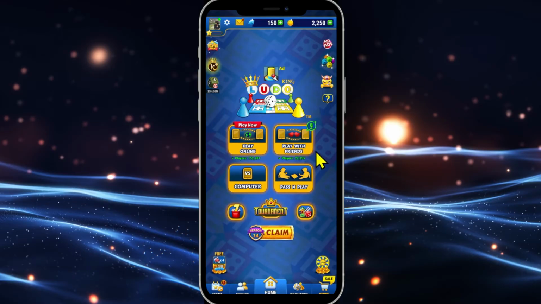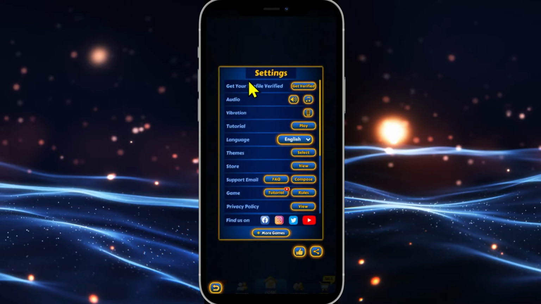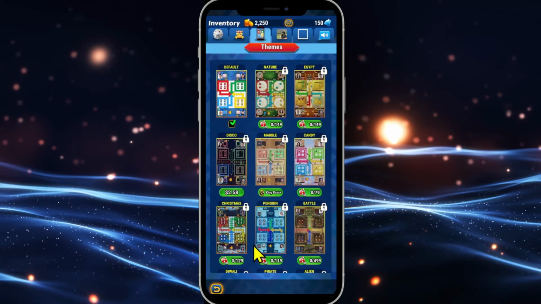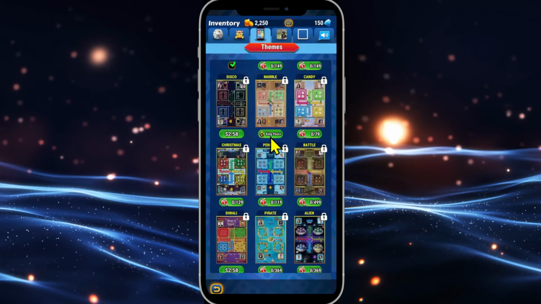Now if you wish to change the theme for the game, then click on the gear icon at the top left corner and you will see the themes option. Click on the select button and now you will see the various different themes that are available for the Ludo